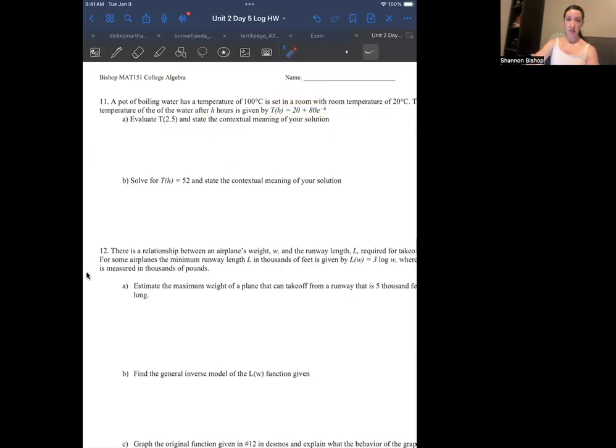Okay, so for part A, it says evaluate T of 2.5. When you see something like that, I want you thinking about the play on words. The 2.5 is inside the parentheses, so it's the input, and in this formula, H is the input. So we're going to input that number for variable H. When you do that, the formula is just going to read 20 plus 80 times e to the negative